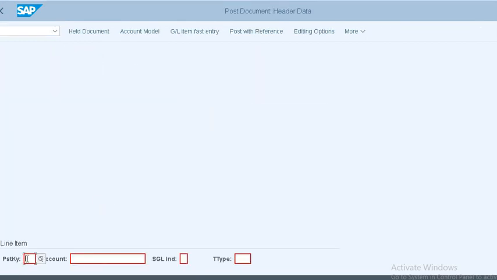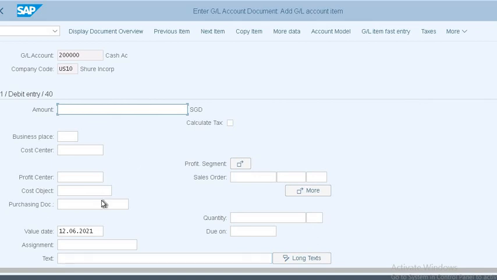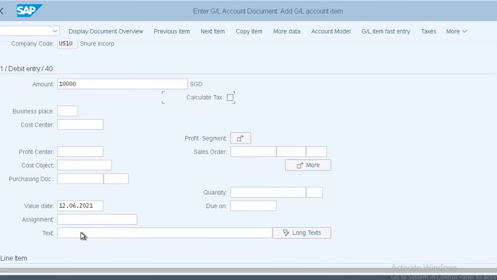Now we are taking a loan. This is the cash, 2 lakh Singapore dollar. We will take 1 lakh, not 1 lakh, we'll take 10,000. Loan.